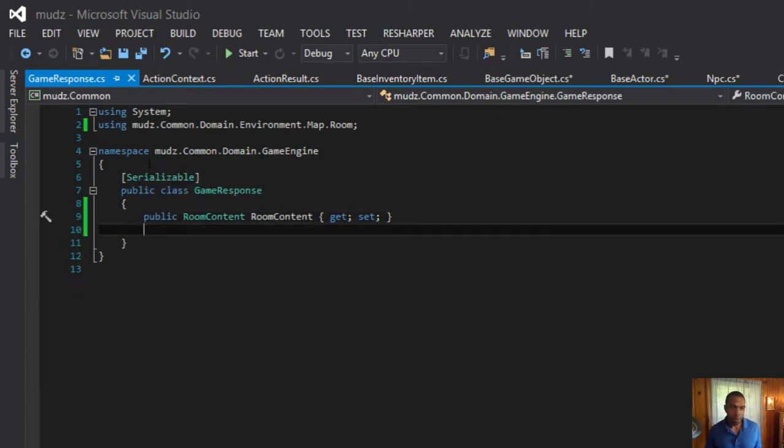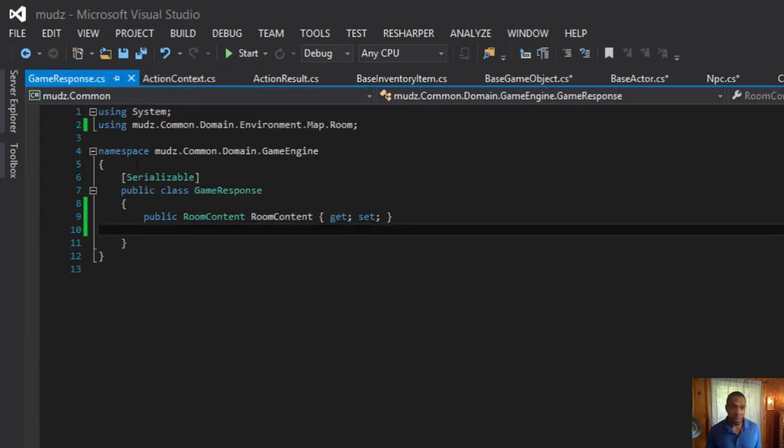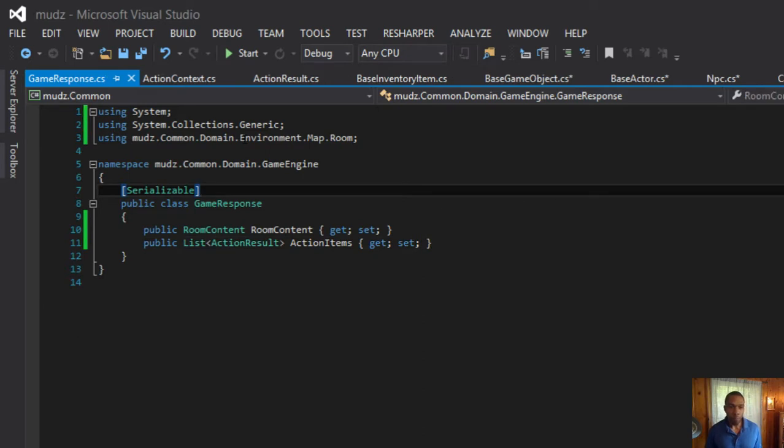So, in theory, a really immature theory, is that we only need to return the room content. Ooh. And it would be nice to also have a list of action items so that we can see all that happened and then render it in order. If it's one thing, it's just, hey, I picked up an item, then I'll just display that.